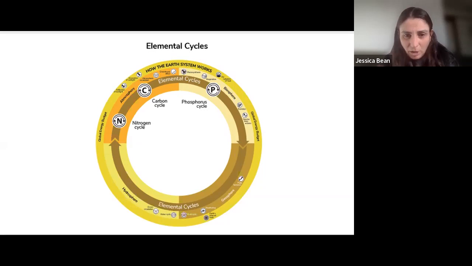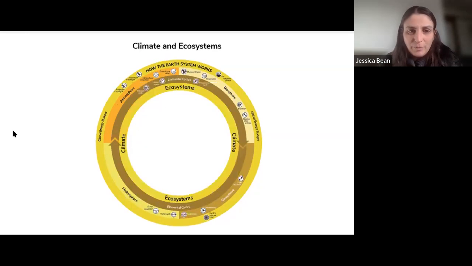And if you add up all of these processes together, they shape what we would call, over the surface of the Earth, our climate and our ecosystems, right? All of these processes play a role. And so that's why on this inner circle, we have added these words climate and ecosystems.